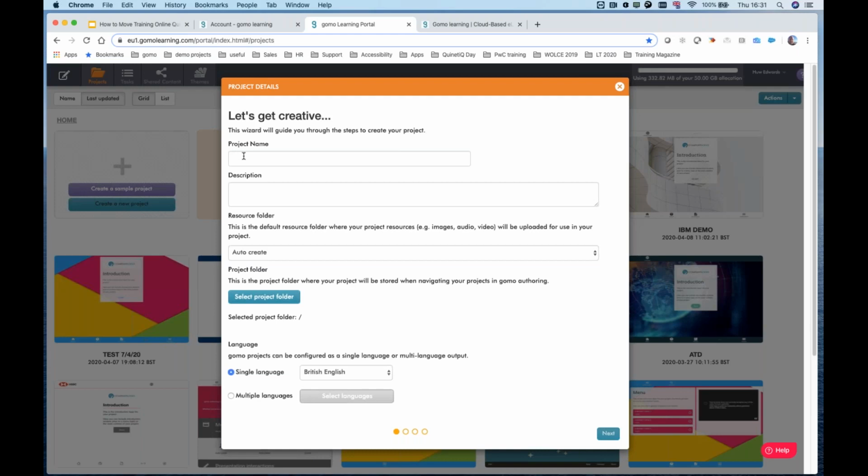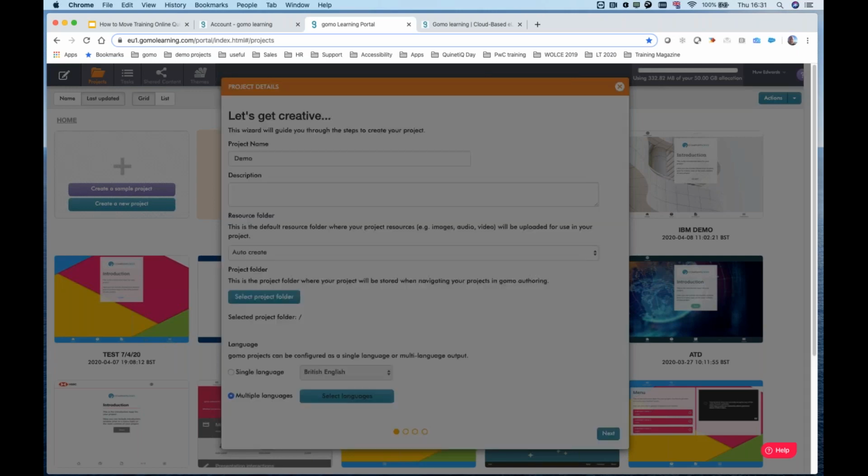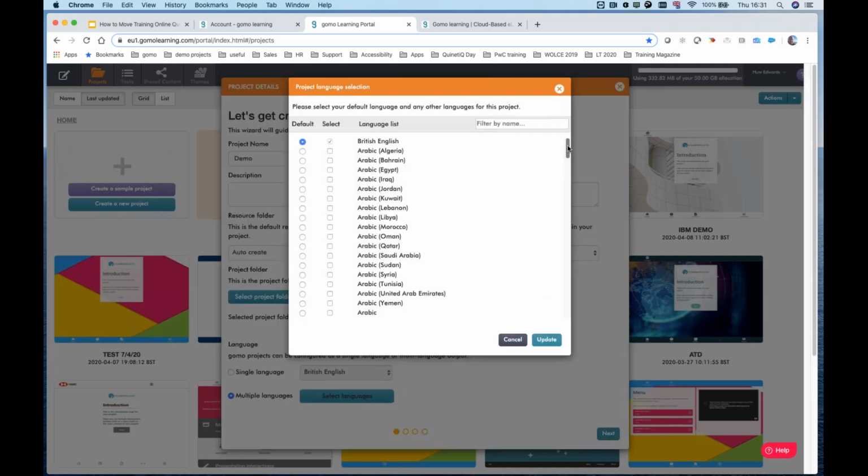The first thing it's asking us about is a project name. So I'll just give it the original title of demo. The other thing you can see with Gomo is that I mentioned looking at your learners and their needs. So here we can look at what languages this needs to be available in. You can actually create one course which is then available in multiple languages. So for example, in addition to English as the base language, I might want to deliver this in Arabic, and again, check that the tool, like Gomo, has good support for right to left